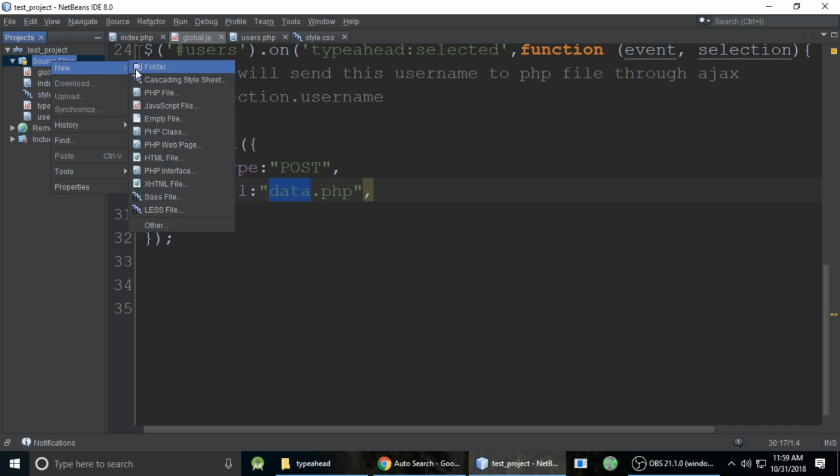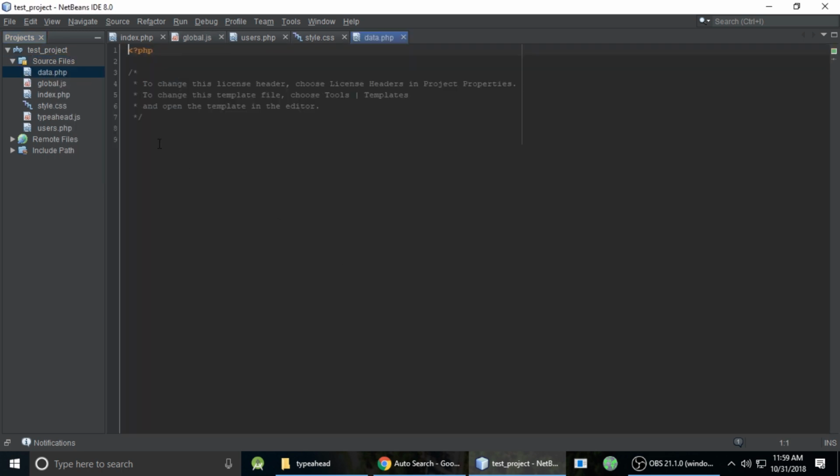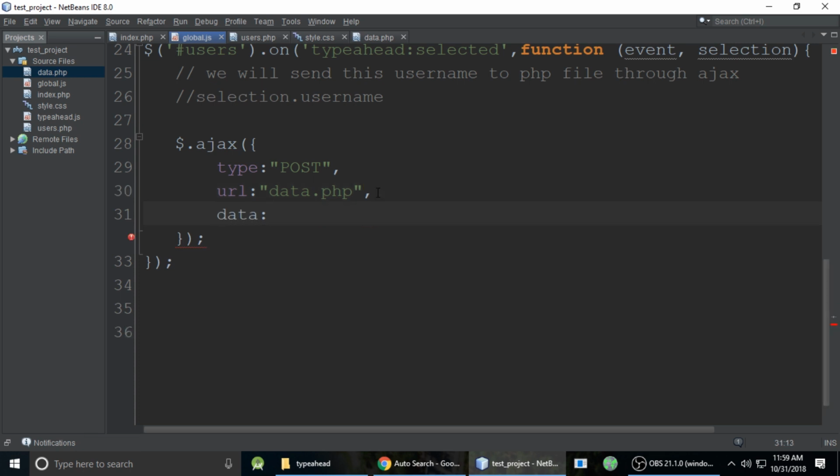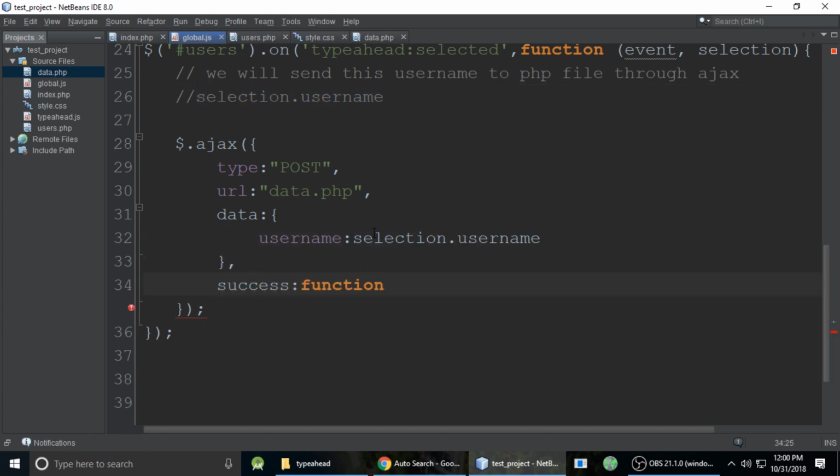This file is not inside the project, so let's first create data.php, and go back to global.js. The data is username, this username we will send to data.php, and when it's a success it will return a response. So console.log(response);